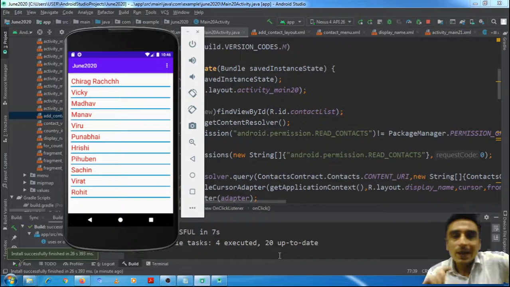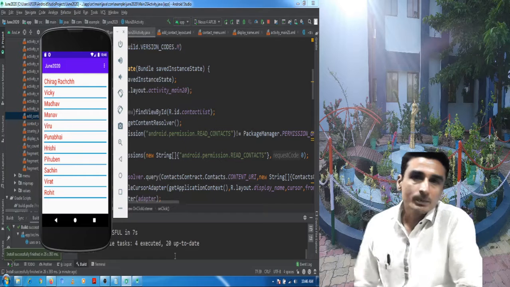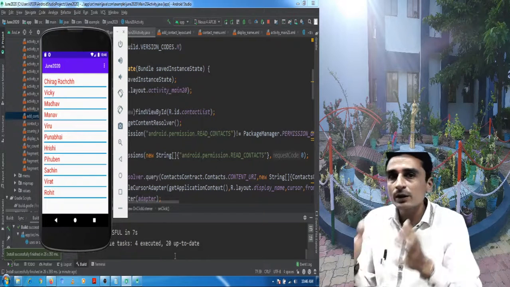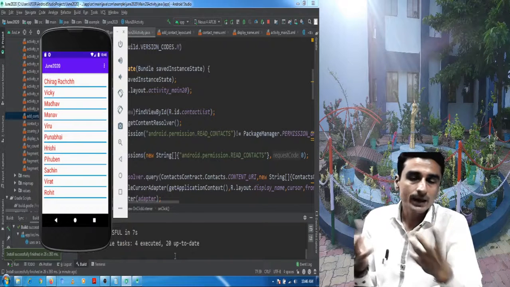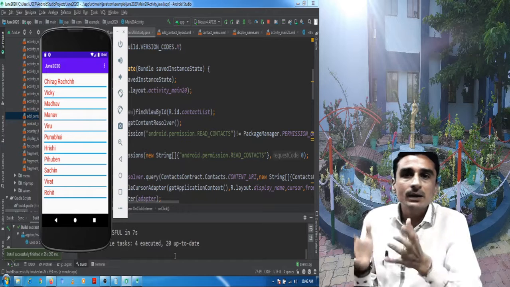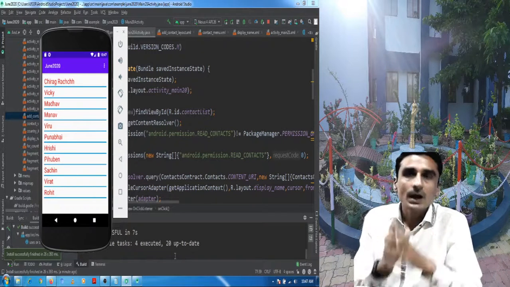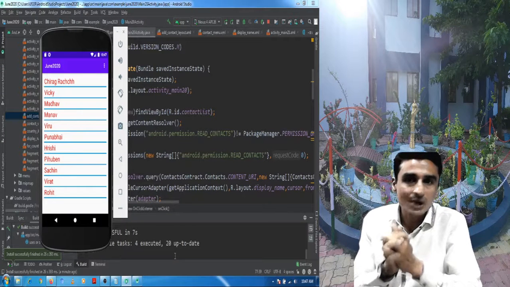Whenever the dialog box is above our activity, the activity's normal execution is paused. So we need to override the onResume method, because when that dialog box disappears, onResume will again be called on our activity and our activity will be resumed. When our activity is resumed, we are again requerying the database because it has changed, and the same notification is sent to the adapter using the notifyDataSetChanged method.